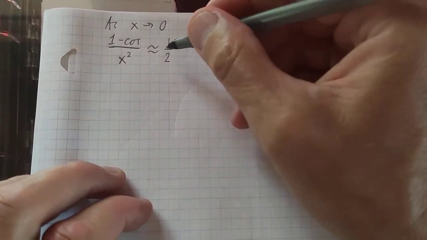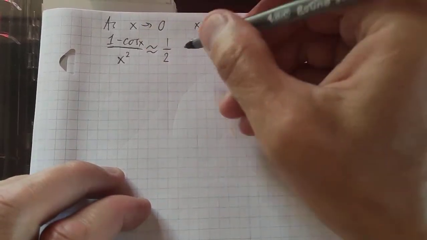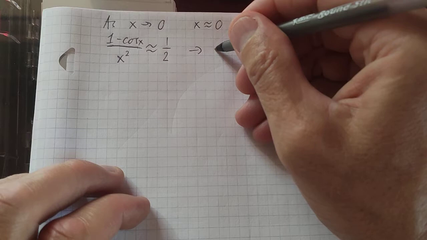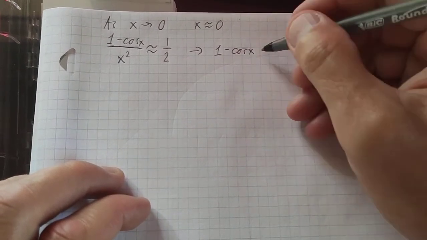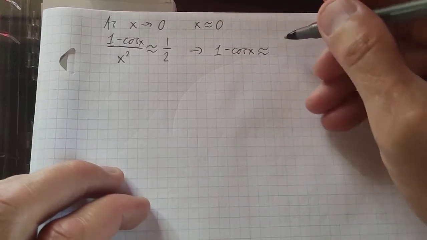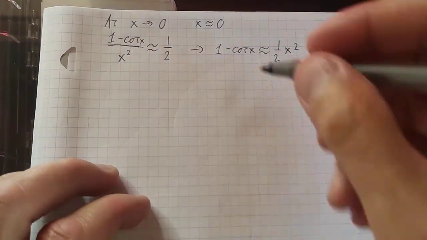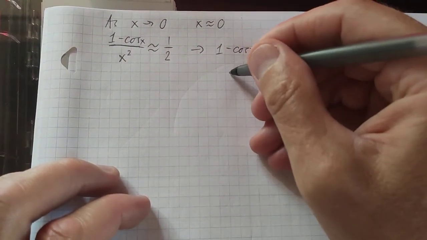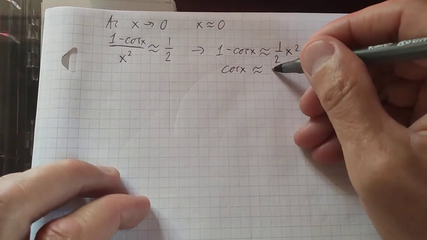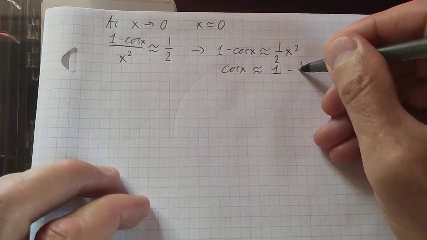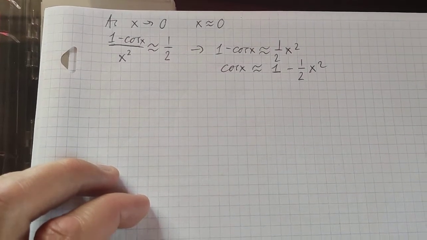Okay? And then I can multiply it by x squared. So I will have 1 minus cosine x is more or less half x squared. And then solve it for cosine x. So I'll have cosine x is approximately 1 minus half x squared. So we can see that,